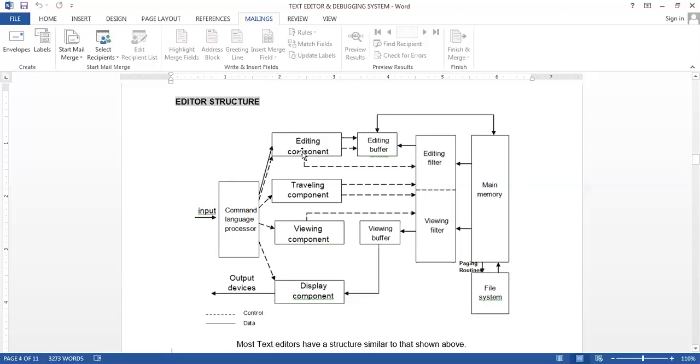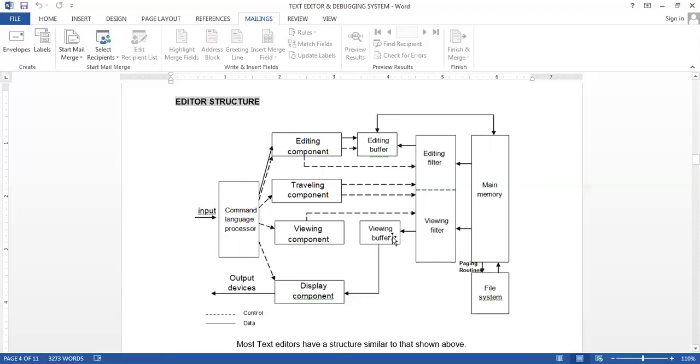Later on, when editing is given to the editing component, it will use the editing buffer, a small memory where that much content will be placed which we want to edit. A filter will also be used to select particular data, and that will be stored in the editing buffer.